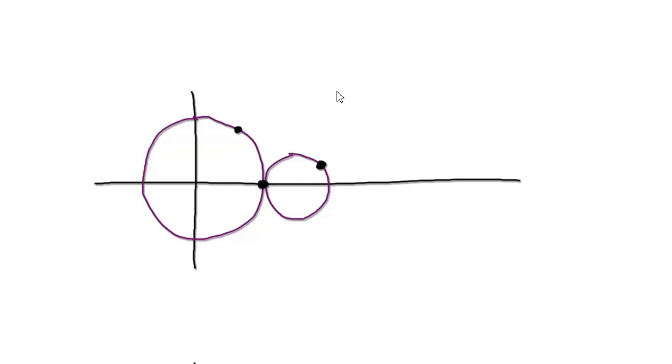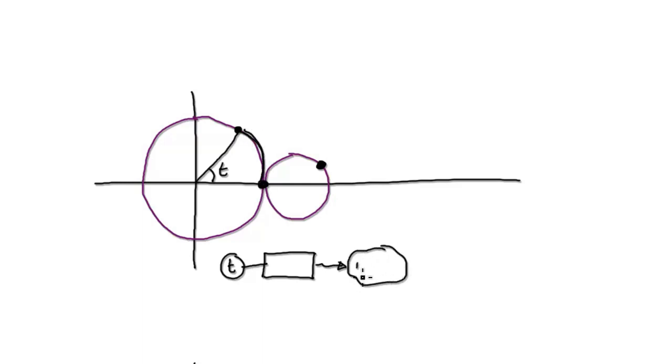Okay, so the idea here is this: for given t, any time that has elapsed, your job is to create a machine where we insert an angle t, or c in our case, it doesn't matter, put c into the machine, and then this machine will somehow generate the arc length. So you've got to somehow generate the arc length. Once you've got the arc length, create another machine where you insert,